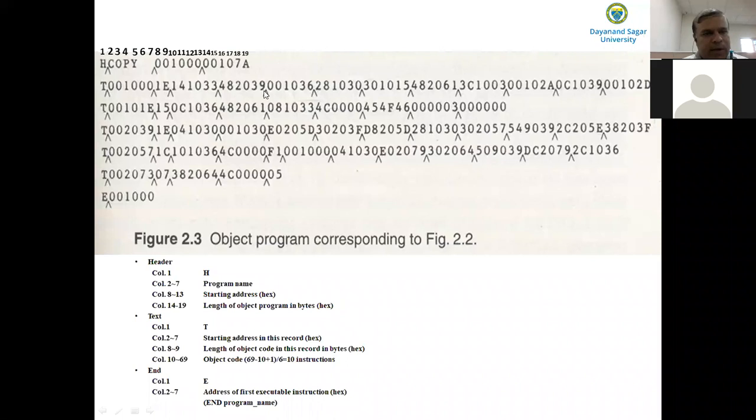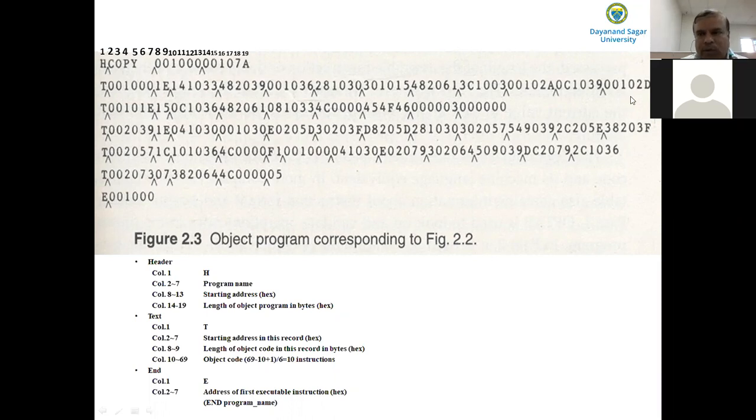See how many instructions are there here: 1, 2, 3, 4, 5, 6, 7, 8, 9, 10. So maximum in one text record, you can write the object code of 10 instructions. That's all. The remaining instructions' object code, you continue in a new text record. That is what they did here.